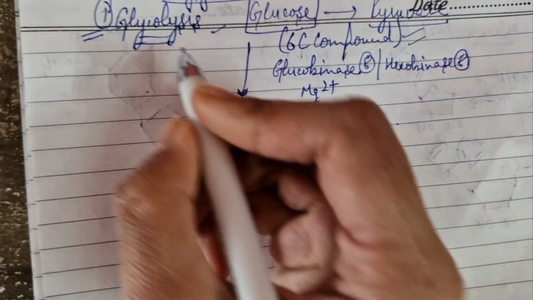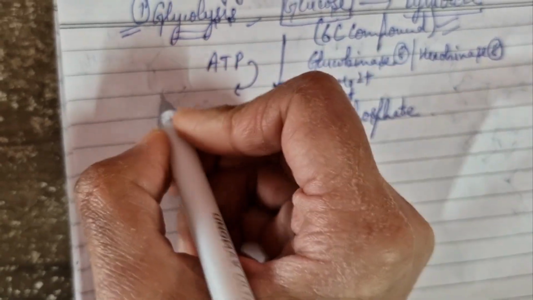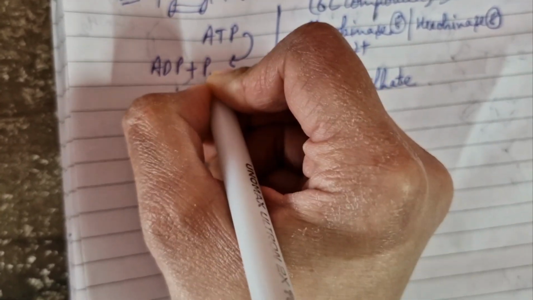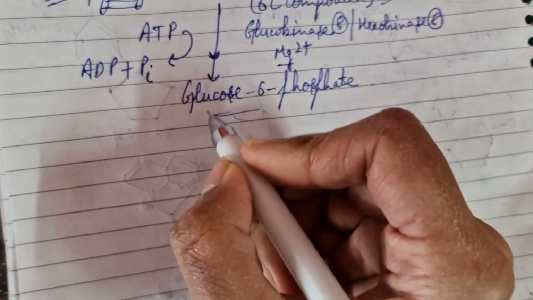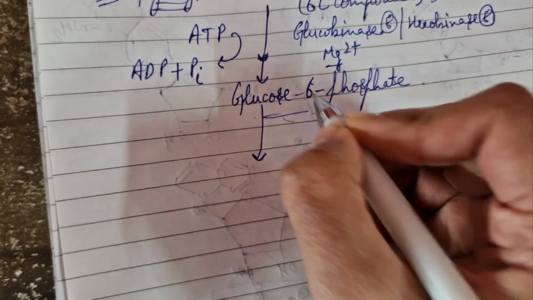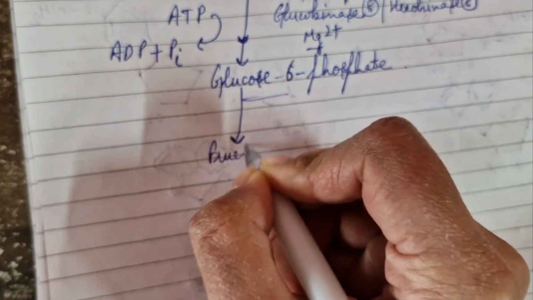During this reaction, one molecule of ATP gets converted into ADP plus one molecule of inorganic phosphate. Now in the next step, glucose 6 phosphate gets converted into fructose 6 phosphate